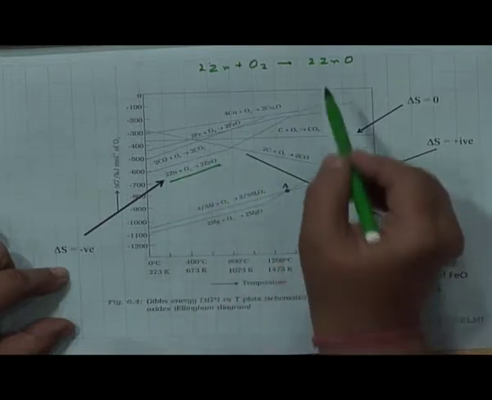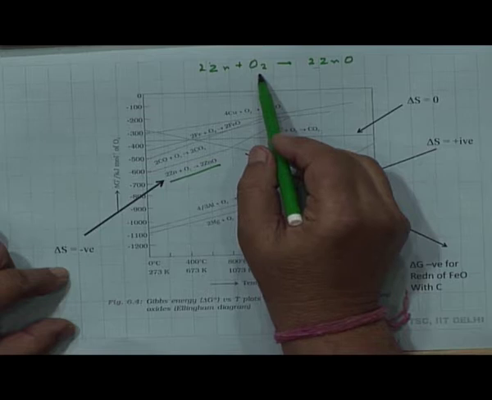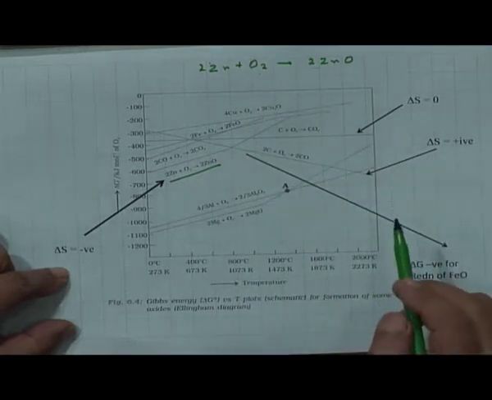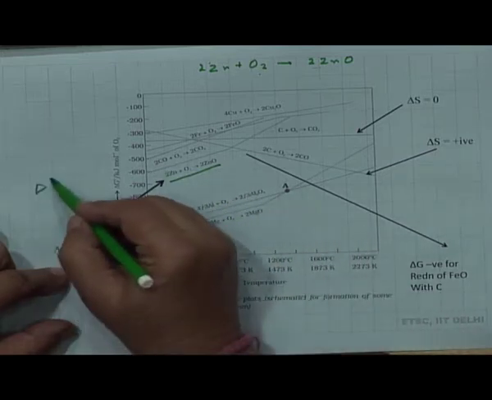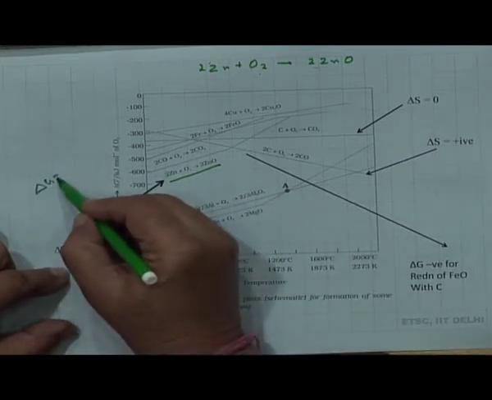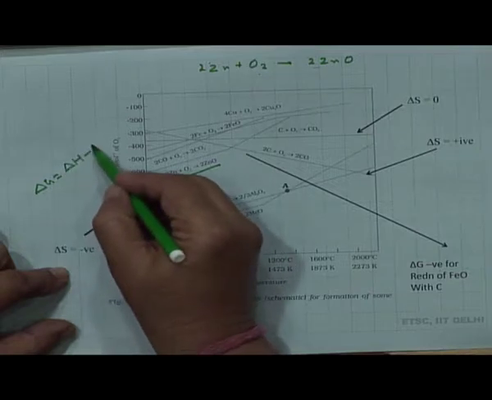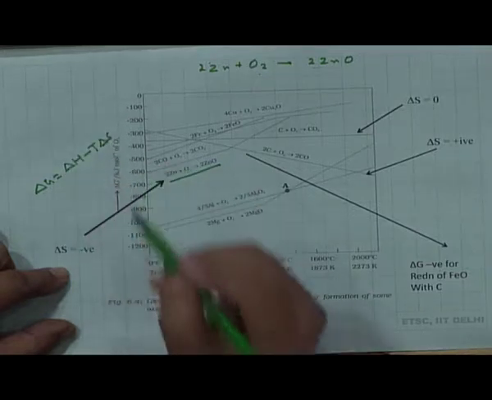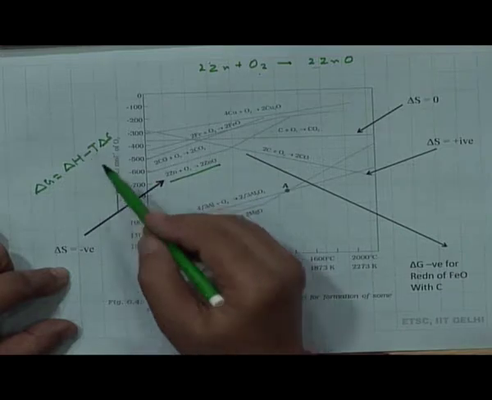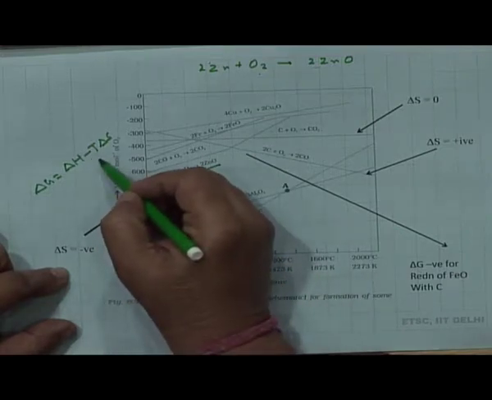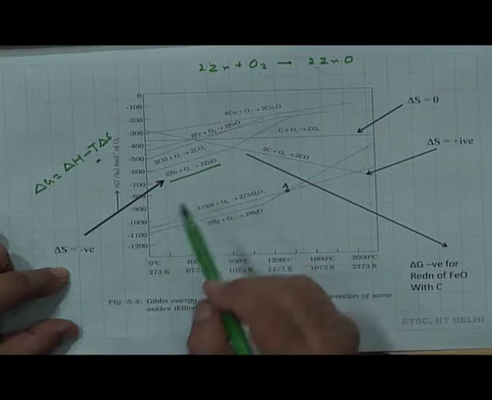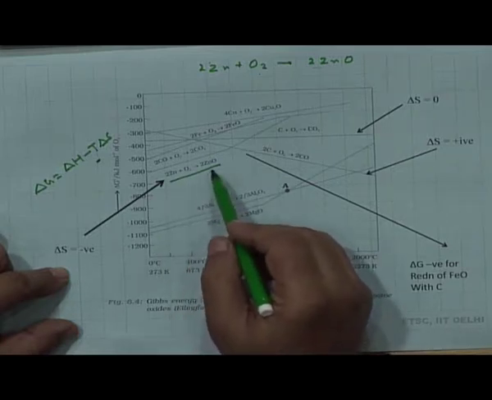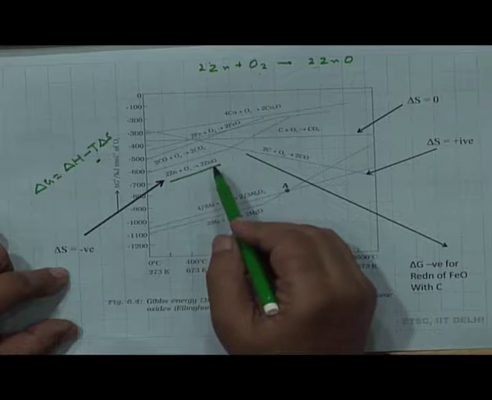Because randomness is decreasing: a solid and a gas giving a solid. So, delta S is negative. So, this factor has become positive. Once this factor has become positive and you know that this is an exothermic reaction,